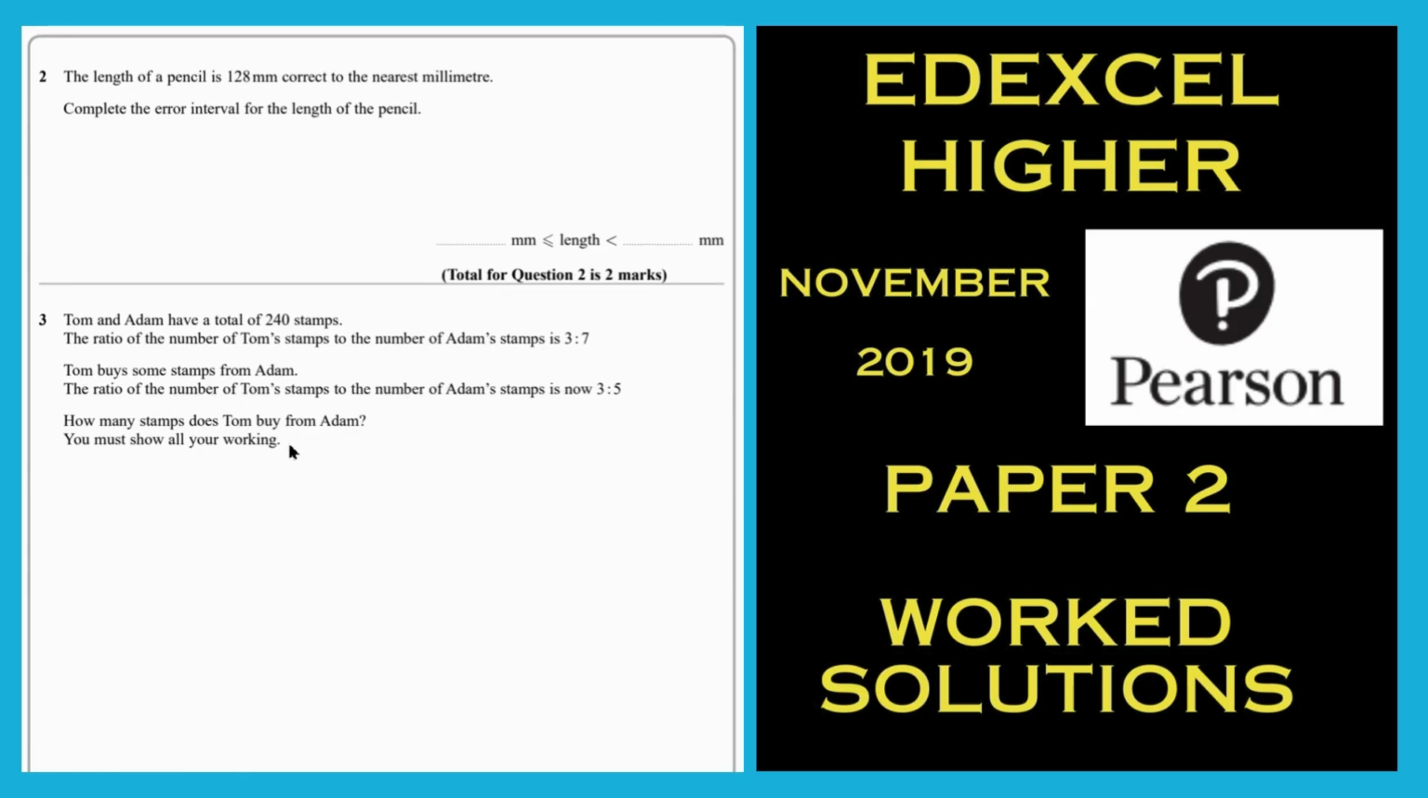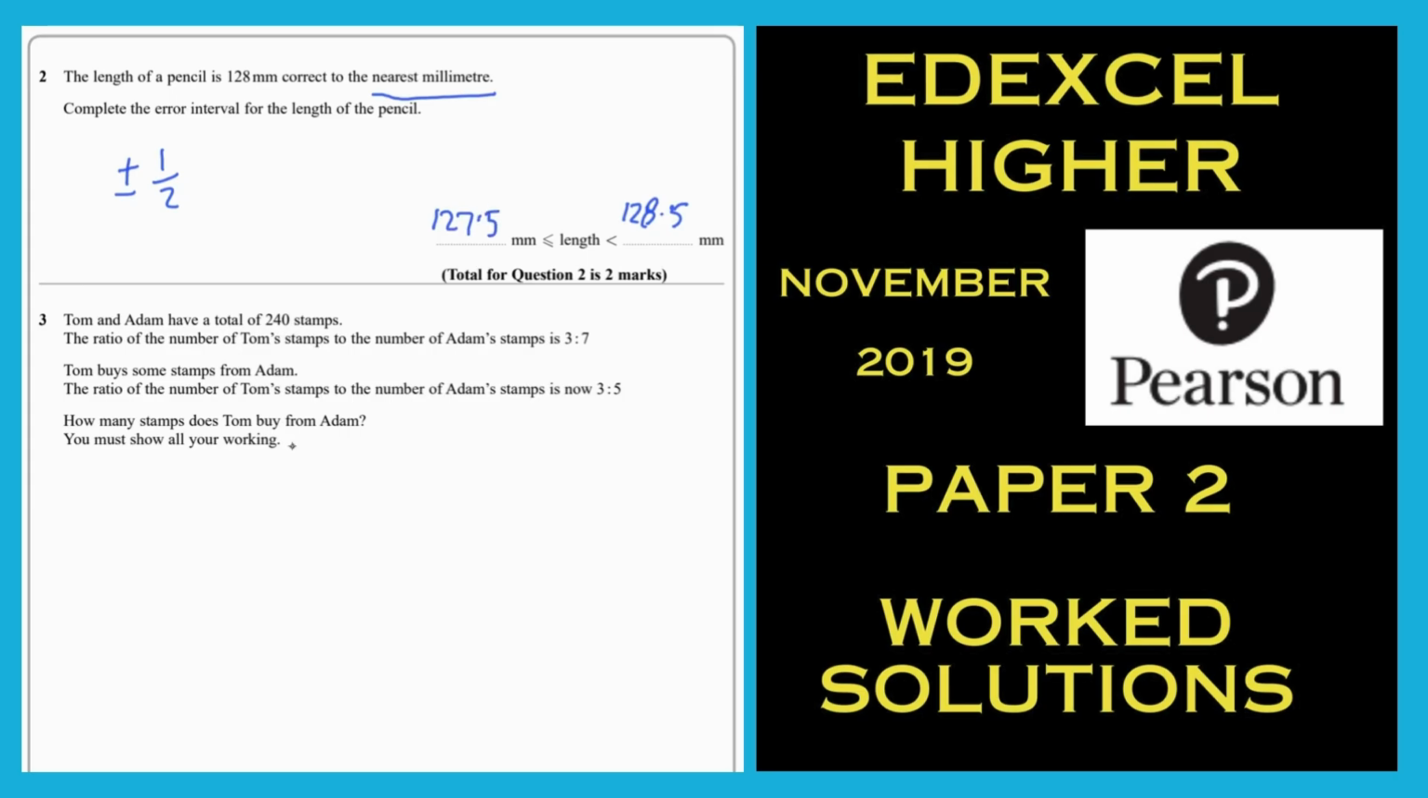Number 2, when you're dealing with errors and bounds, whatever you've been rounded off to find your upper and your lower limits, you go up and down by half of the rounding amount. So to go up and down, you go up and down by half a millimetre. Add a 0.5 on the end to get the upper bound, subtract a 0.5 off the end to get the